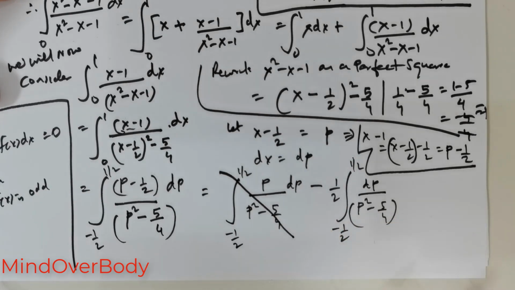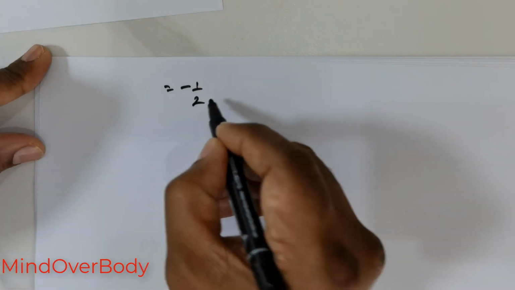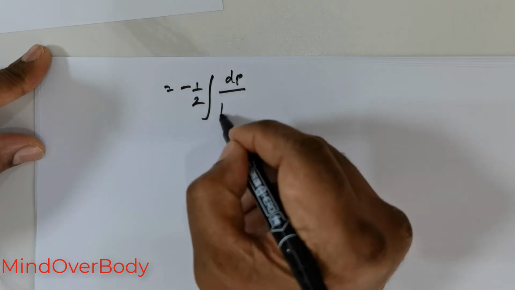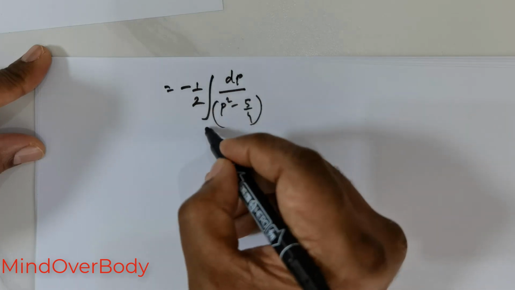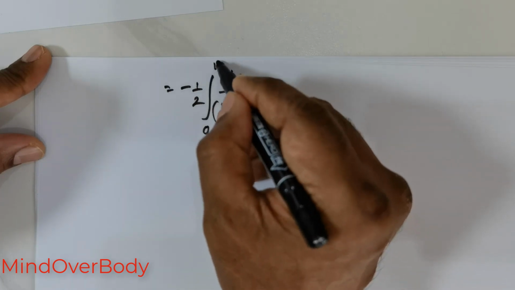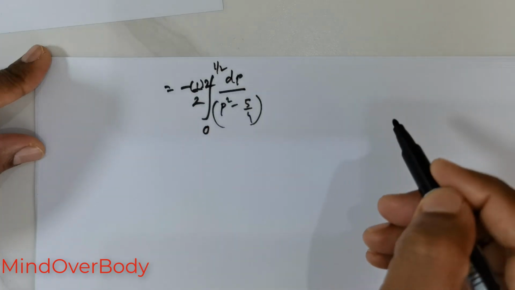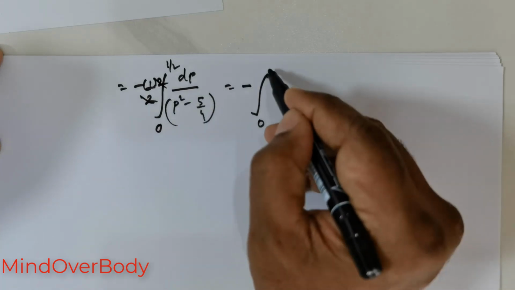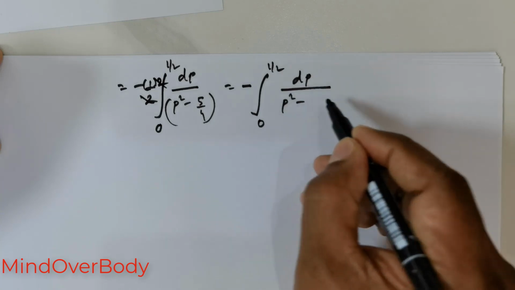So this is simple. So let us move to the next page and write the integral negative 1 over 2 integral dp divided by p squared negative 5 over 4. So clearly this is an even function. So I'm going to write it as 0 to the limits 1 over 2. There should be a multiple of 2. So let me place the 2 there. So this 2 gets cancelled, giving me negative integral 0 to 1 over 2 dp over p squared negative